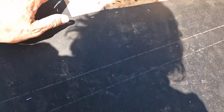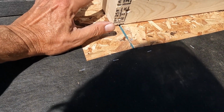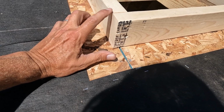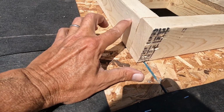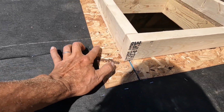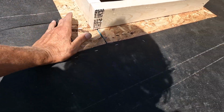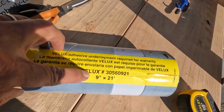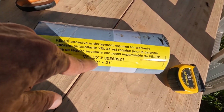Okay, now for the sticky stuff. The flashing comes up 3 inches onto the curb. This is a 3.5-inch curb, so it goes right about to there, 3 inches, and then 6 inches down here. So that's a total of 9 inches,